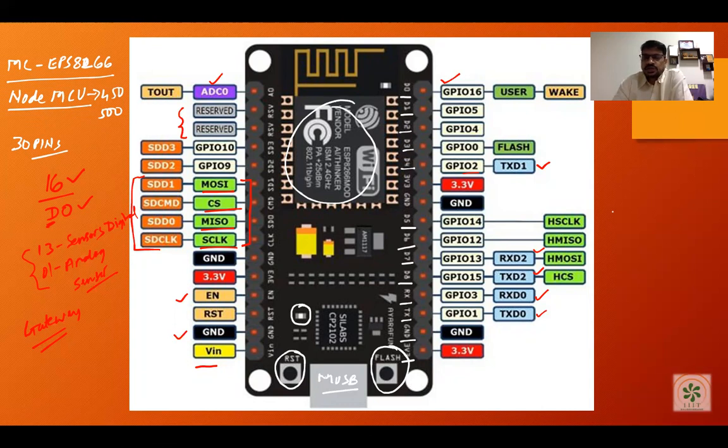Getting it? This particular board has the Wi-Fi facility, as you can see on the board, where it is written Wi-Fi, right? With the help of this 802.11, it will make the connection with the wireless LAN, and through that you can connect with the internet. So this is the concept of the gateway node.